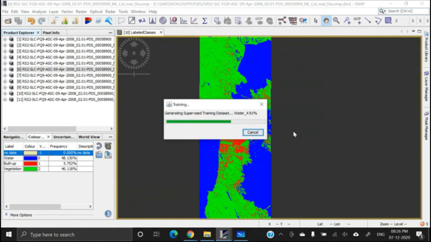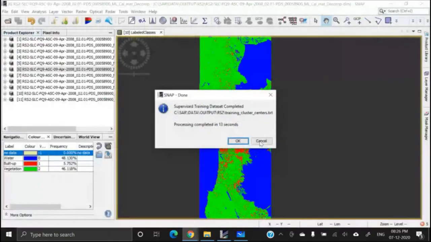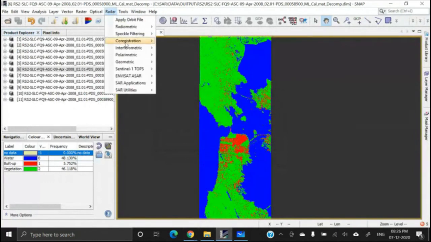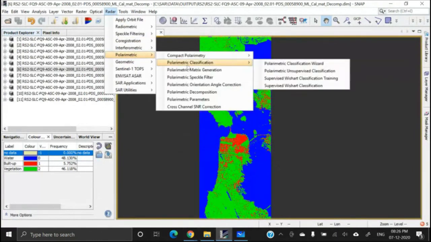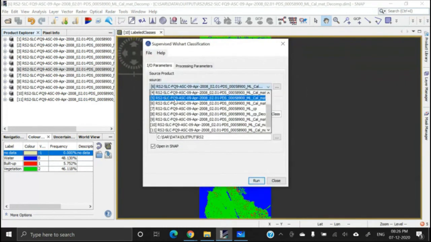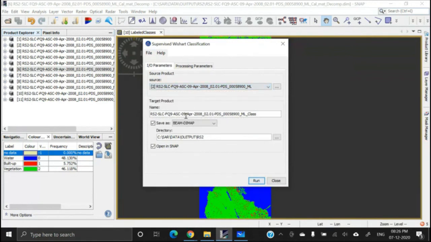After that, this is complete. Okay. After that, go to radar, polarimetric classification, then supervised Wishart classification. And in the source product, select the multi-loop process data. Okay.